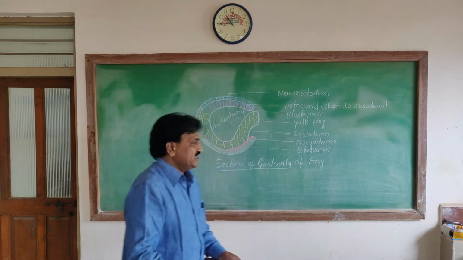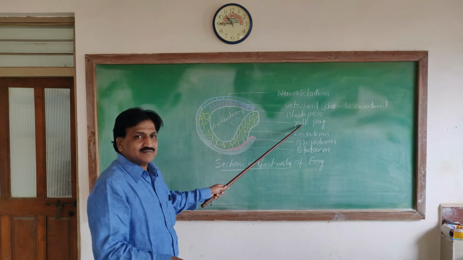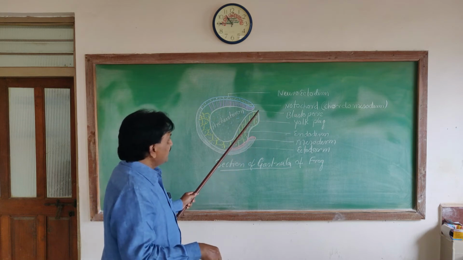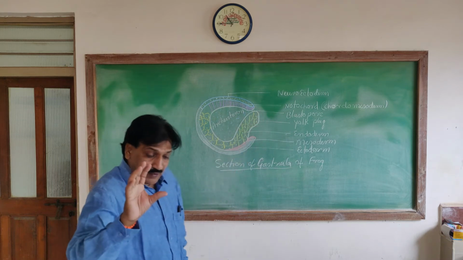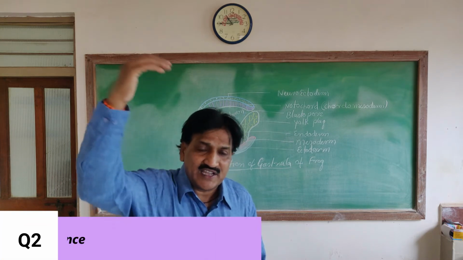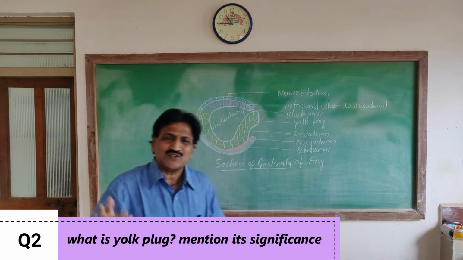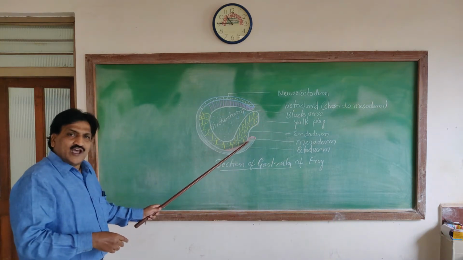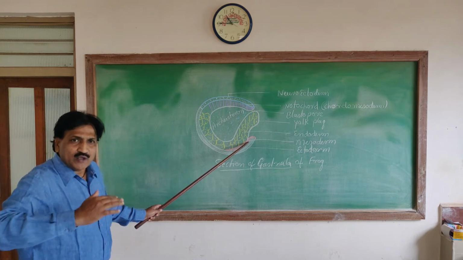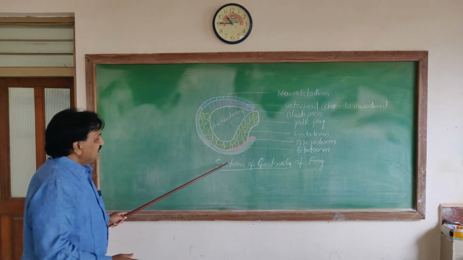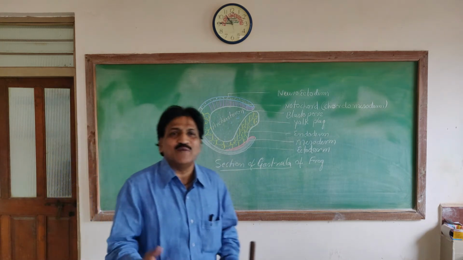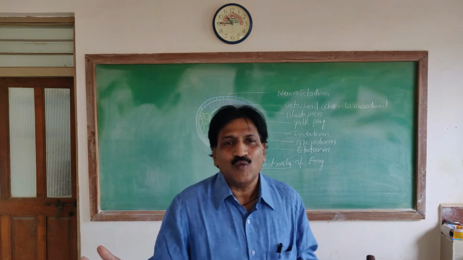There is a 2 marks question: what is yolk plug? What is the significance of yolk plug? In future, this region develops into the cloaca in amphibians and the anus in higher animals. That's all. Okay? You have to draw the diagram, label it properly and explain one by one. So that is the end of the section of gastrula. It is what you call the mature gastrula. So the mature gastrula is generally oval in shape.